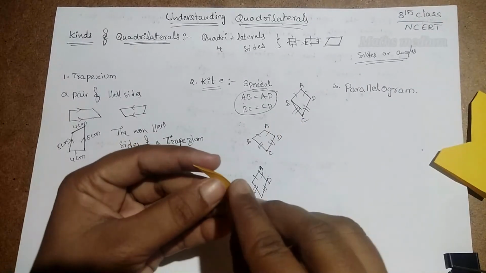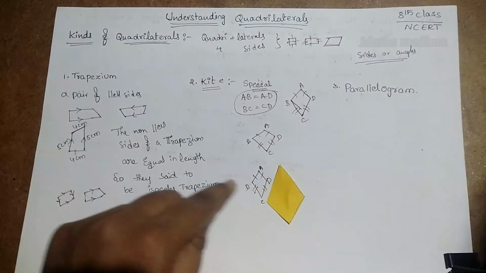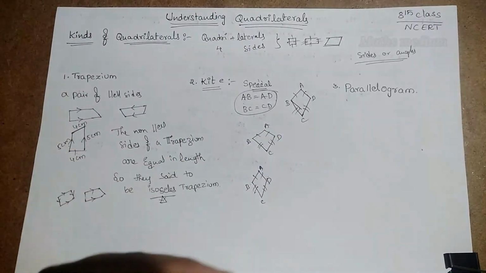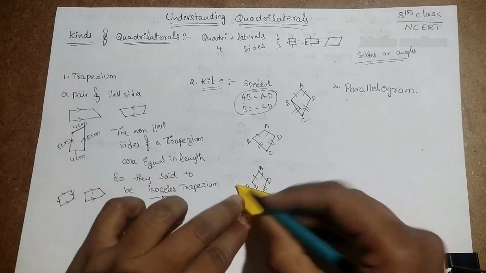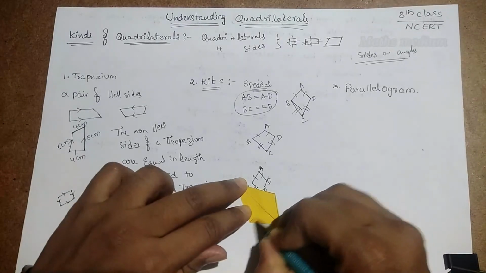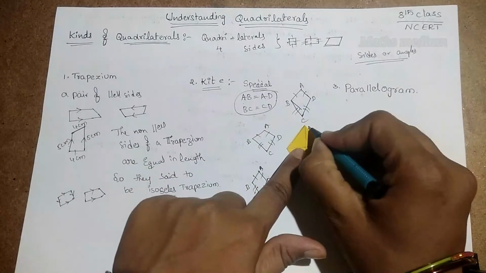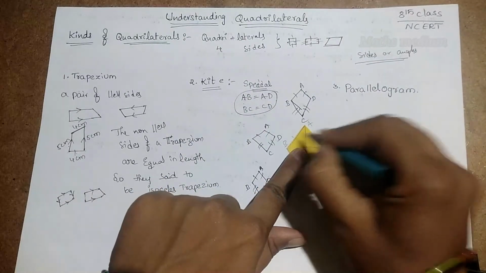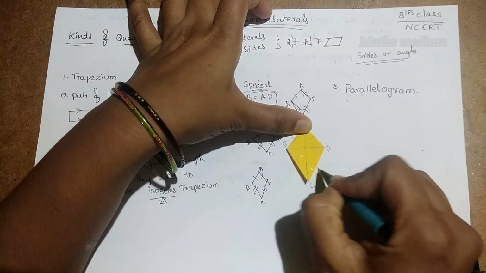see here, you get a symmetry like this. This was the kite I showed you here. See here, I am drawing through for explanation. This is a diagonal of a kite. This is also another diagonal of a kite. So if you compare, this is A, this is B, this is C, and this is D. Here this length and this length are equal, and this length and this length are also equal.